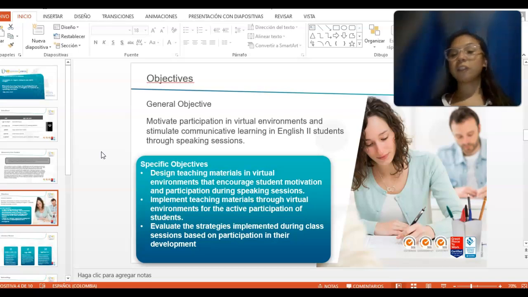And the specific objectives are to design teaching materials in virtual environments that encourage student motivation and participation during speaking sessions, implement teaching materials through the virtual environment for the active participation of the students, and the last is to evaluate the strategies implemented during the class sessions based on participation in their development.